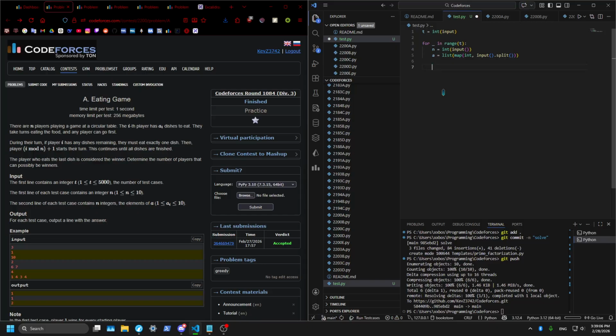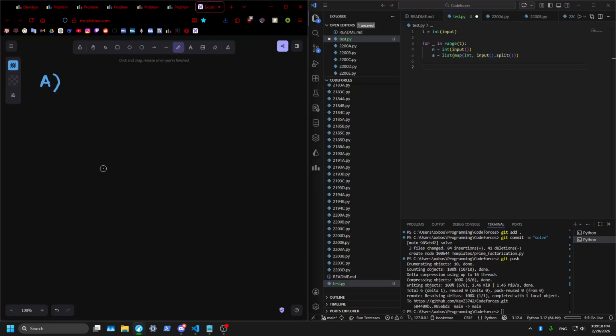And then basically what we're looking for is the player who eats the last dish is considered the winner. Determine the number of players that can possibly be winners. So what that means is it doesn't actually matter how much each player has. The player with the most will be the winner. So let's say the most is like 4, and all these are like 1, 2, 2, 3. This guy will be the winner, right? Now, how can we have multiple winners? Well, we can have multiple winners if the maximum